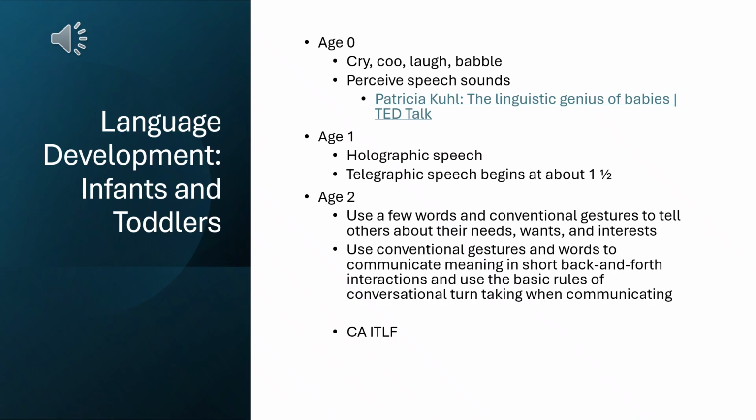What should we have? Should we have broccoli or carrots? And a baby might say, caca, for carrots. So we're having that back and forth interaction, which shows that communication is now pairing both expressive and receptive language as a useful tool for communicating. So those are things that we expect to see in the first couple of years of life.